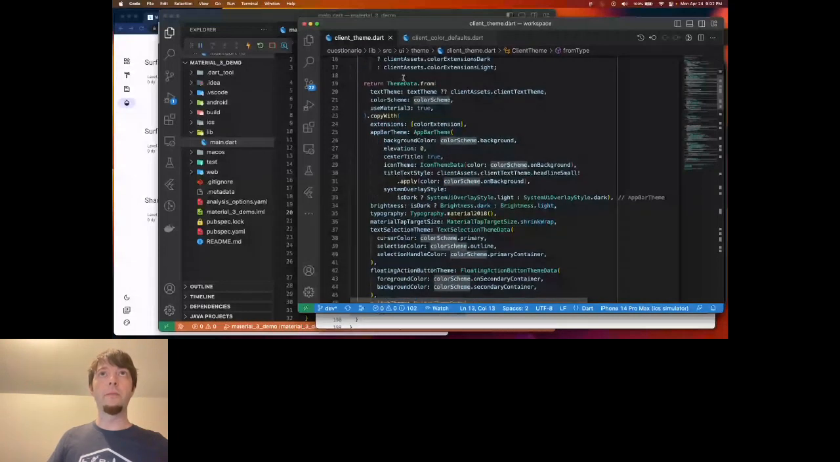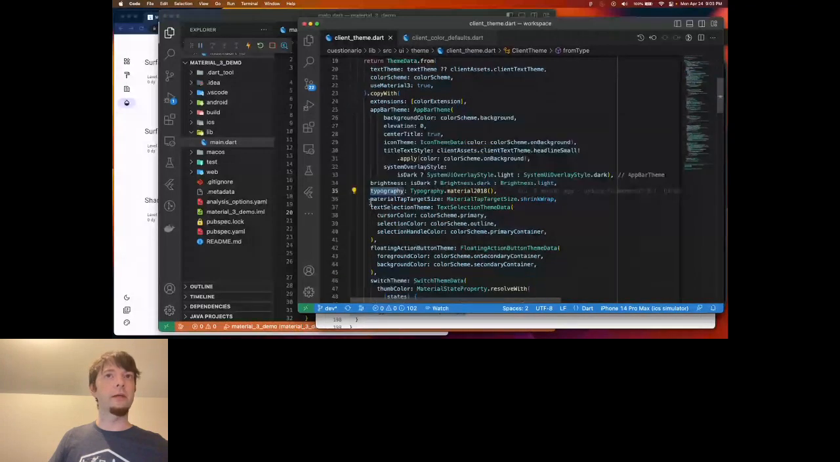But then we'll use ThemeData.from, we'll set our text theme in a similar way, we'll have our color scheme, and then just copy. And then here's the stuff that sets your app bar theme so that you can customize it to your own. Here's the stuff that sets your typography, selection, your floating action button. And so that is essentially how we